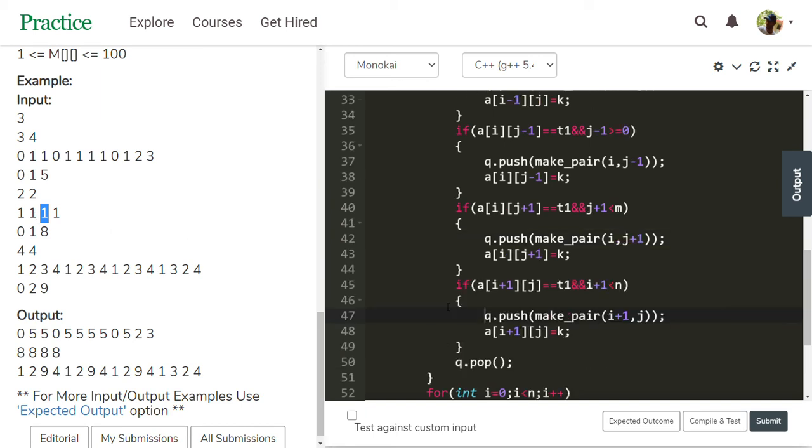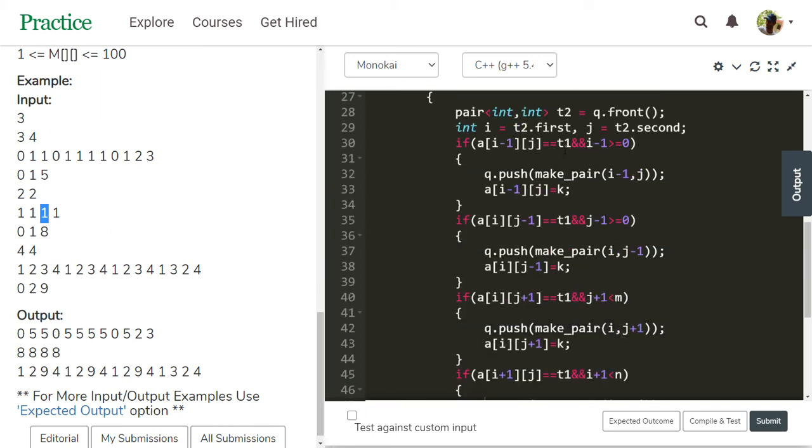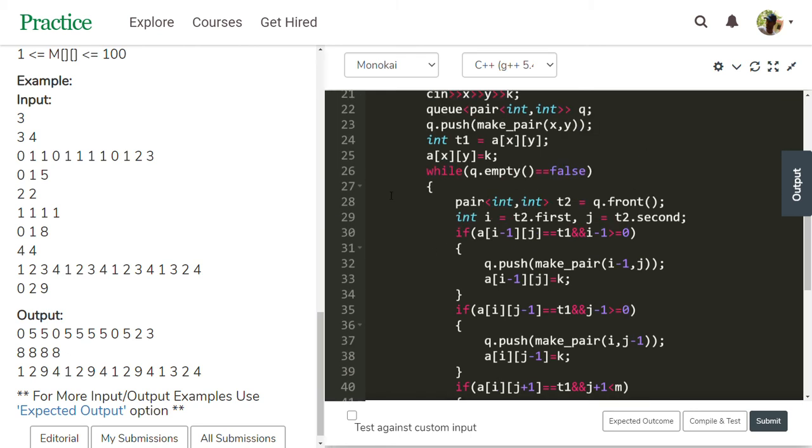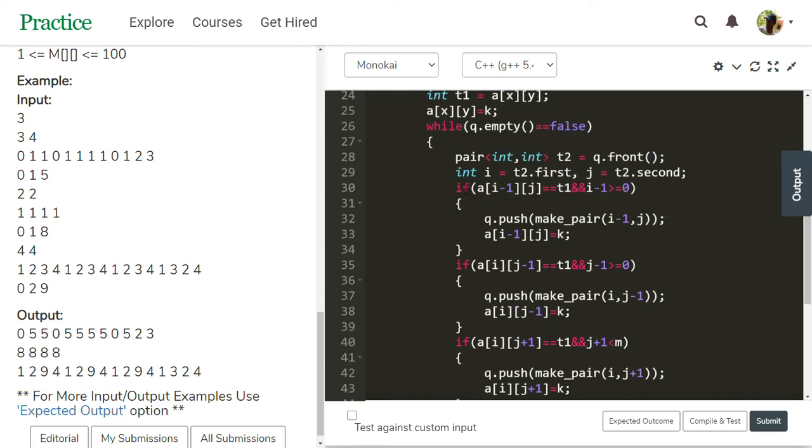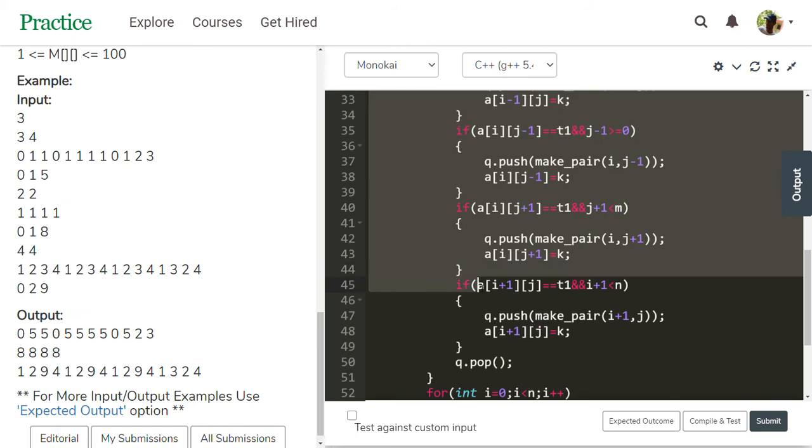Then see this: all are t1 value 1, but no element has the value 1 now. All are converted to 8. The queue is still not empty; it has the 1, 1 and 1, 0 details. For both, no if block is executed because no value is equal to t1.